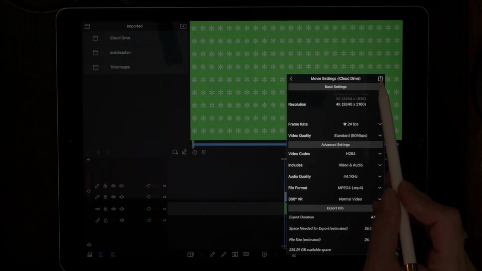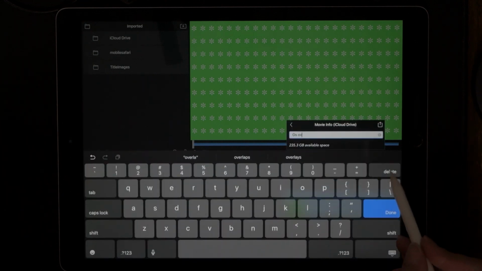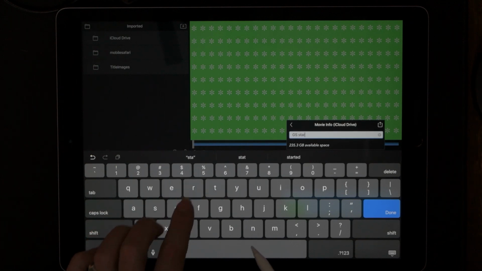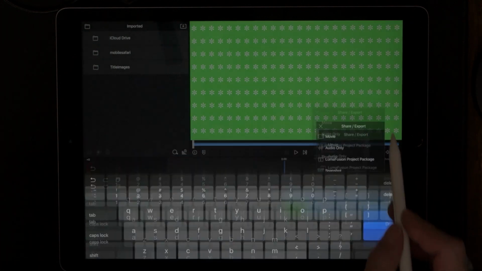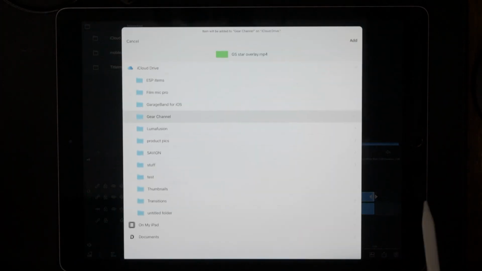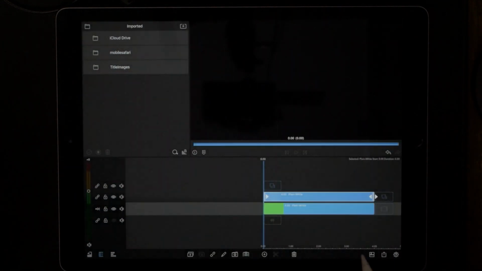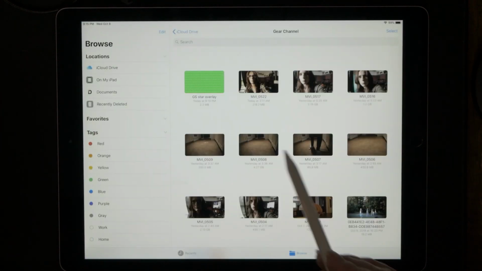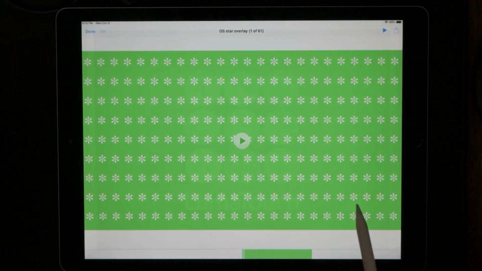And I'm going to hit the share button once again, and it's going to ask me what it is that I want to name this. And I'm just going to hit green screen star overlay, and I'll hit the share button one more time, and that's going to write that to my iCloud Drive. It's going to ask me what folder I want to put it in. Gear channel. Okay, so now what I'm going to do is send that right back into LumaFusion as a finished